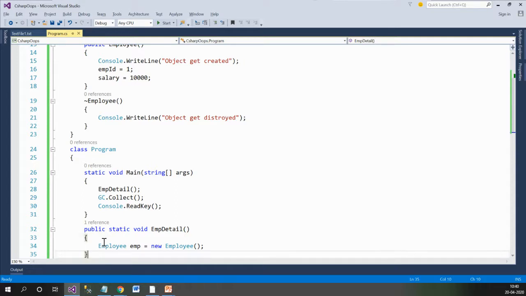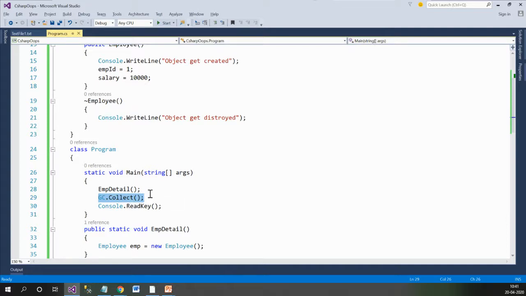As we know, whenever we declare something within a block, the scope of that thing is available only within that block. Outside this block, the variables or the objects are no more available. So the variable or the object declared within this block is limited to only this block. That's why whenever this curly brace closes, the object gets destroyed. So as soon as we come out of it, the object will get destroyed and the destructor will get called.